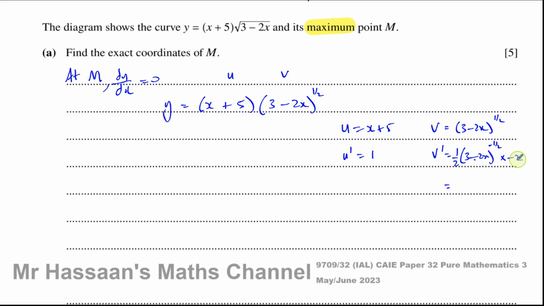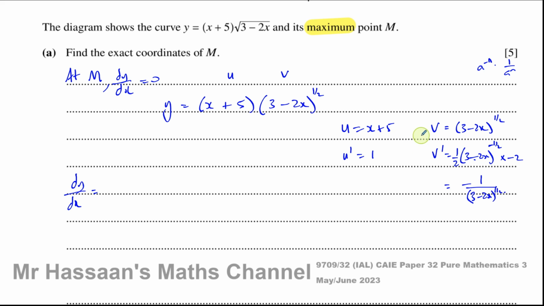Now, when you simplify that, the negative 2 and the half cancel out to give you negative 1. So you're left with minus 1 over, and we know that a to the power of minus n is 1 over a to the power of n. So I'll write this as minus 1 over 3 minus 2x to the power of a half. Okay, so now when you want to find dy/dx,